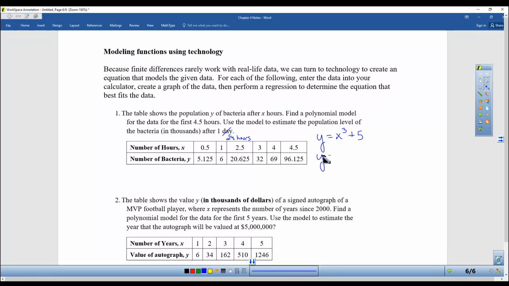So I was going to use y, but you know what? This is where function notation is really great, because then I can make it clear that I'm plugging in 24 into my function. So 24 cubed plus 5. I get out my calculator, and that comes out to be